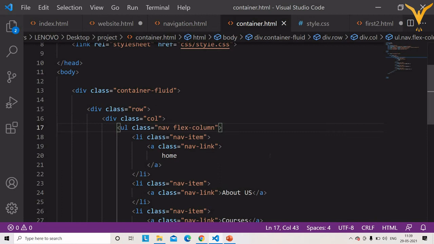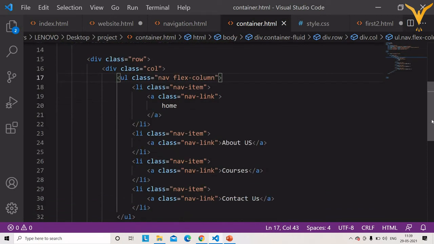Now in this program we have used the UL tag. Suppose you do not want to use the UL li tags to create a navigation bar, then you can use the nav tag. The nav tag is specially provided by HTML to create a navigation bar. So you can directly use the nav tag.